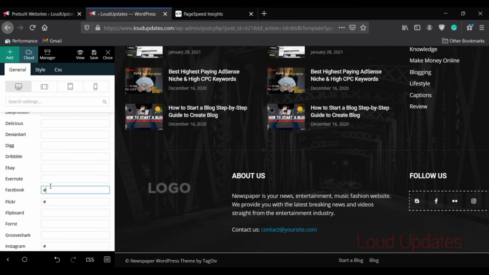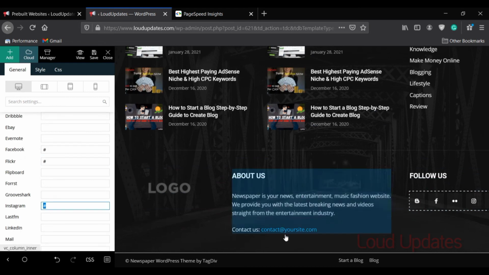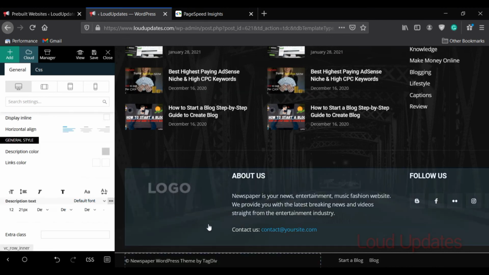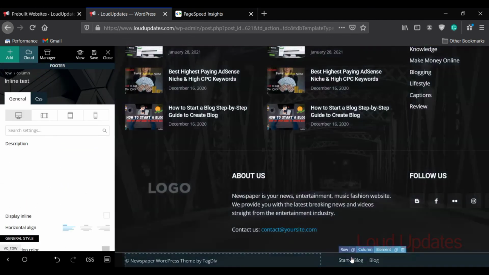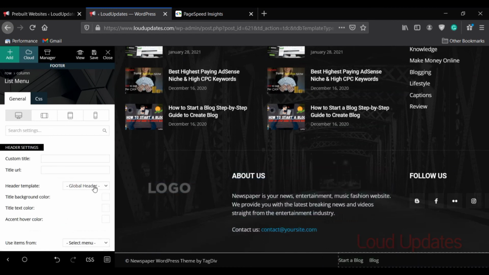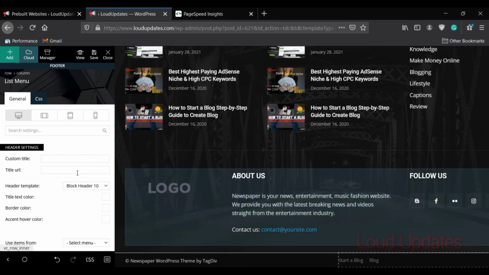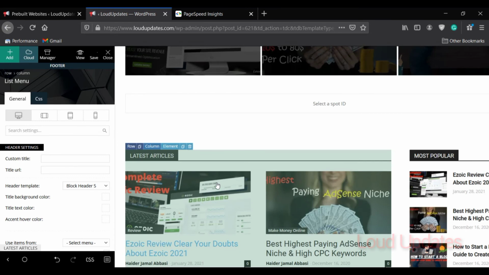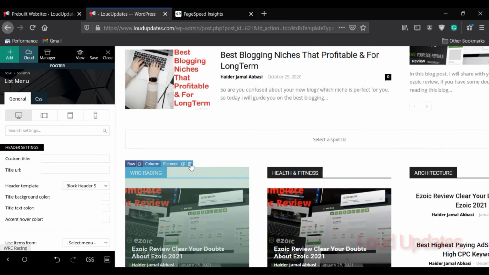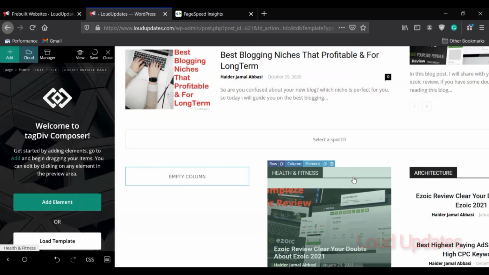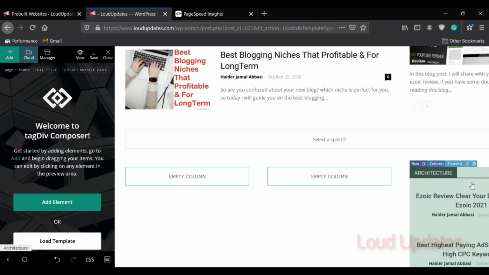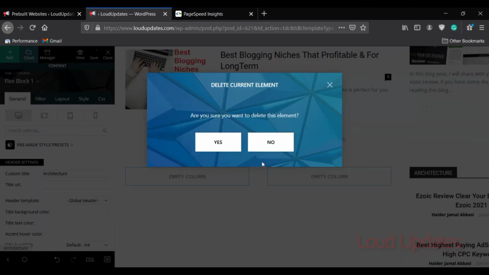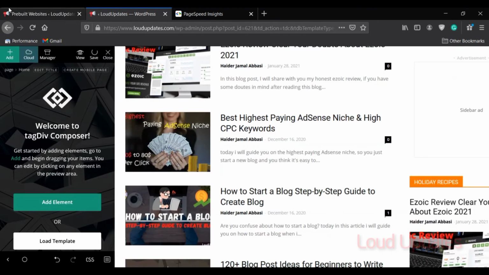Make sure you are logged in with your admin panel and look at the upper left side. You see an edit button, the home section edit button. Just click there. Then this screen will open for you. Then you can edit anything and customize your website header and your footer. You can change footer text, links and footer date, and you can also create an about page in your footer. Here you can see I just want to delete this, so this section is successfully deleted from my website.